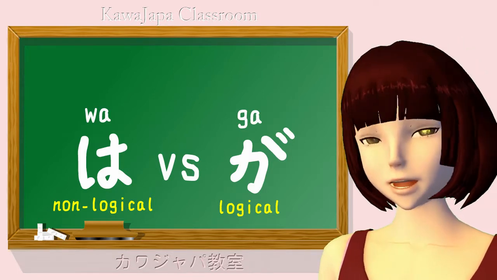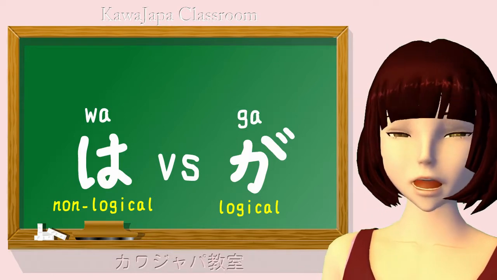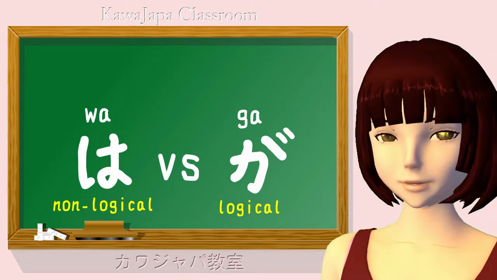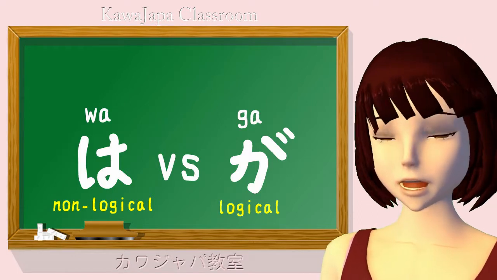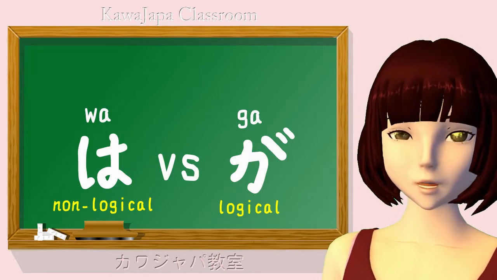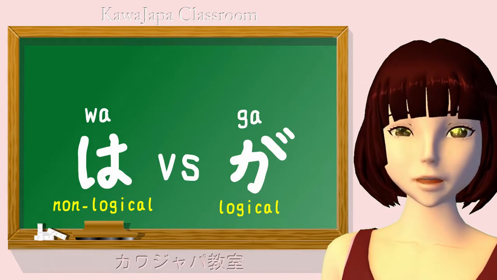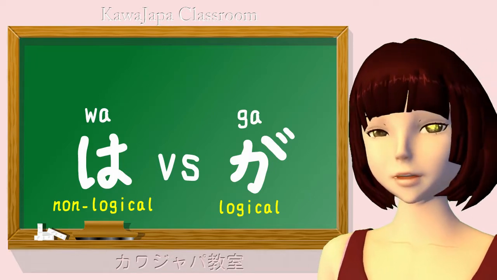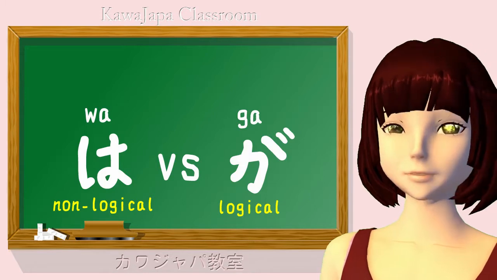If you look around the internet, you'll see various different things. You'll read about a differentiating function. You'll read about marking new information as opposed to old information in the way that a and the do in English. You will read about distinguishing one thing from other things, and you'll read about throwing emphasis forward from the particle or backward from the particle onto what comes before it. All of this information is correct.